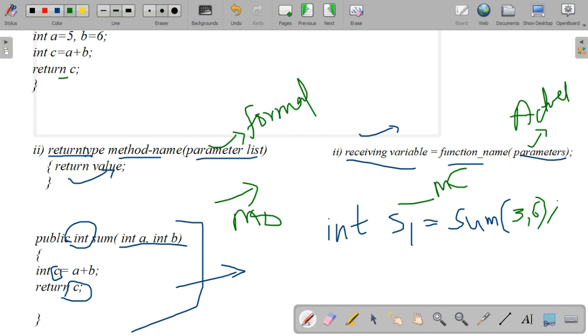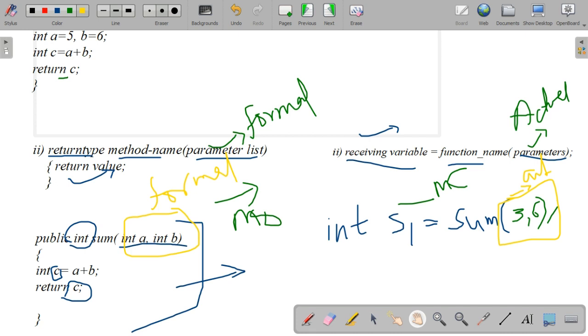So in this example, which are the formal parameters? Yes, exactly. A and B are the formal parameters. And which one is the actual parameter? 3 and 6, which I have given in the calling statement, are known as actual parameters. So this way we will call a method which has a return type along with the parameter list.